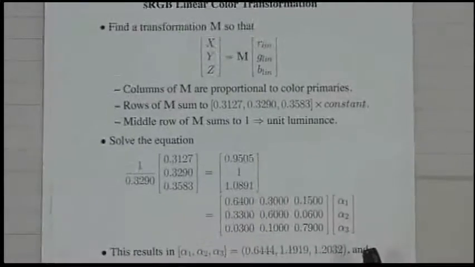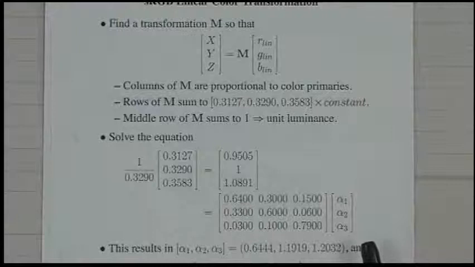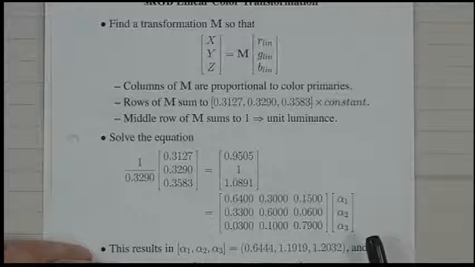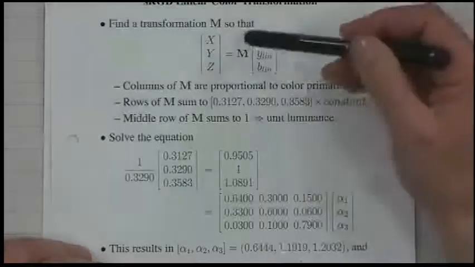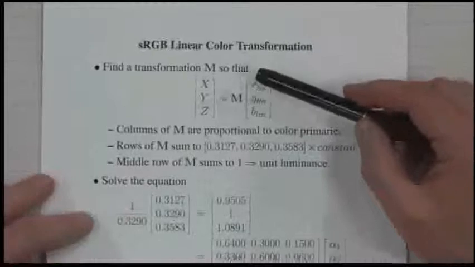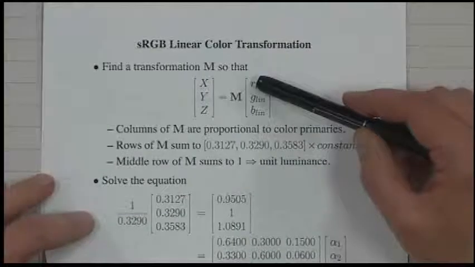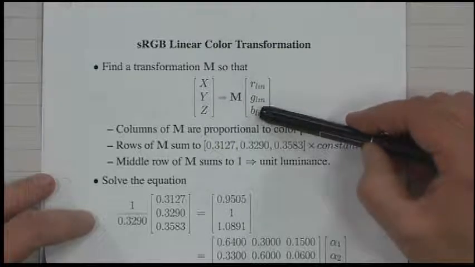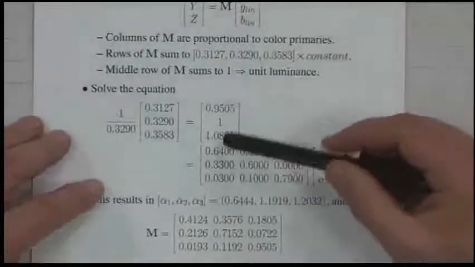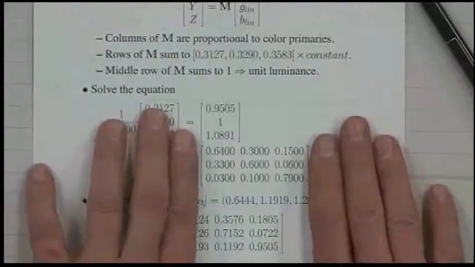Now, the interesting thing is this. Okay, so let's see. There are two constraints that we want to impose. The one constraint is that the columns of M should correspond to the chromaticities of the R, G, and B color primaries. Okay. So if I look at this column, this is the matrix whose columns are the